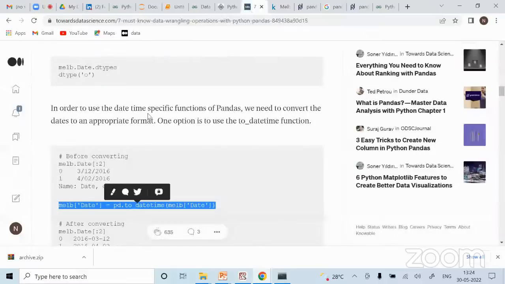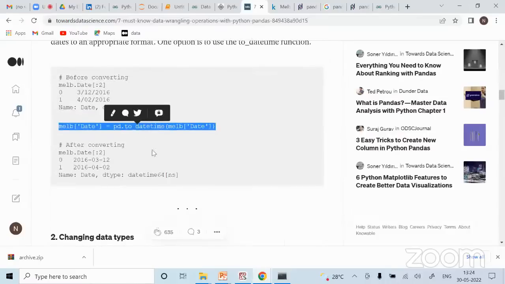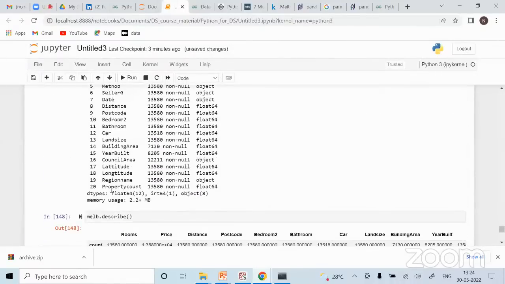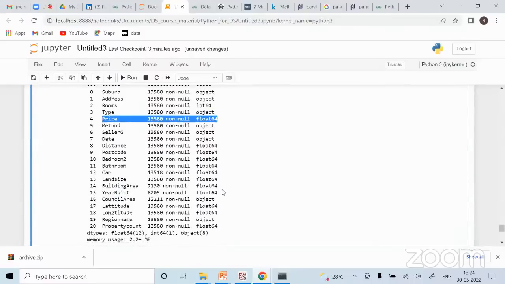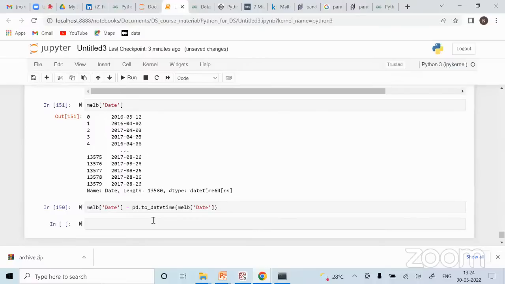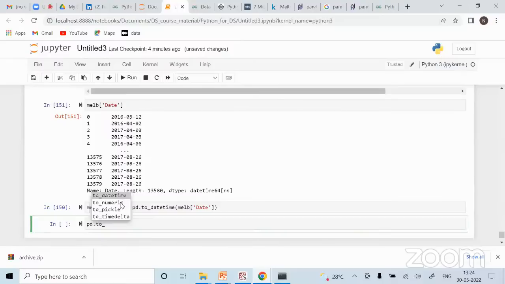So you saw in exploration, you checked one by one whether the data type is correct or not, and you take this call. Maybe the numbers here, say price, could be in object also, right? You never know. So you have to convert it into a numerical type. You could have done pd.to_numeric and given this column. Similarly, with pd.to_ you can check what other things there are. You have datetime, numeric, timedelta, and pickle also. Mostly datetime and numeric you use for conversion. And if you want to convert into characters, you can use dot astype with character.